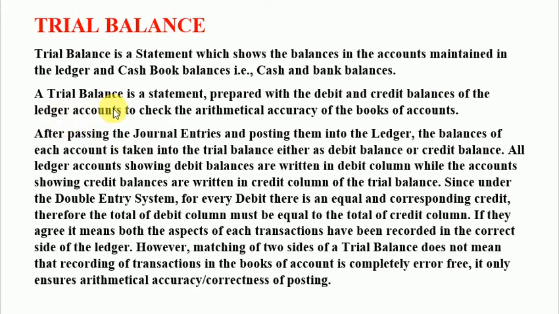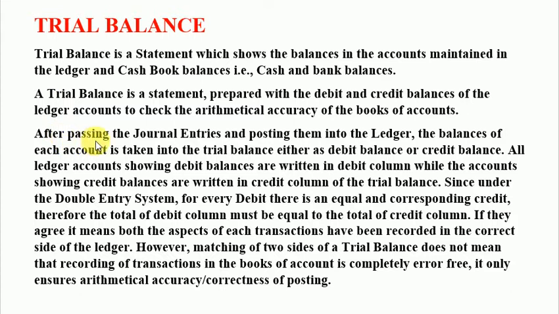So we know how to prepare ledger accounts, and by preparing every ledger account we arrive at either a debit balance or a credit balance. If the debit side of the ledger is equal to the credit side, then there is no balance. So our focal point while preparing a trial balance is the balance of a particular ledger account. When we prepare it, it checks the arithmetical accuracy of the books of accounts. This I'll explain to you. What do we mean by arithmetical accuracy? What I just spoke, I have written here.